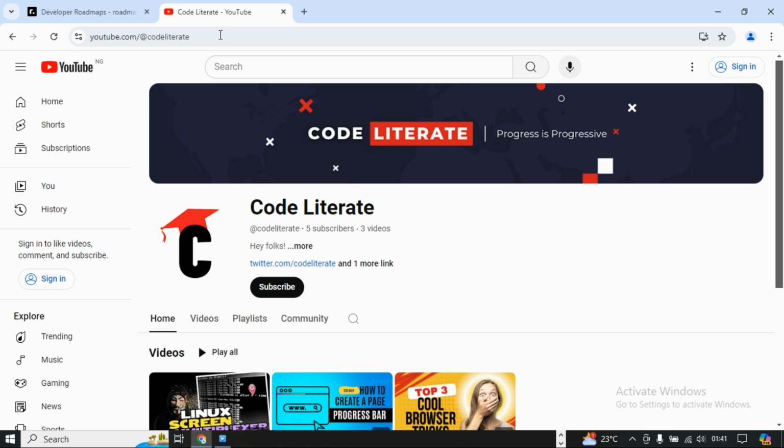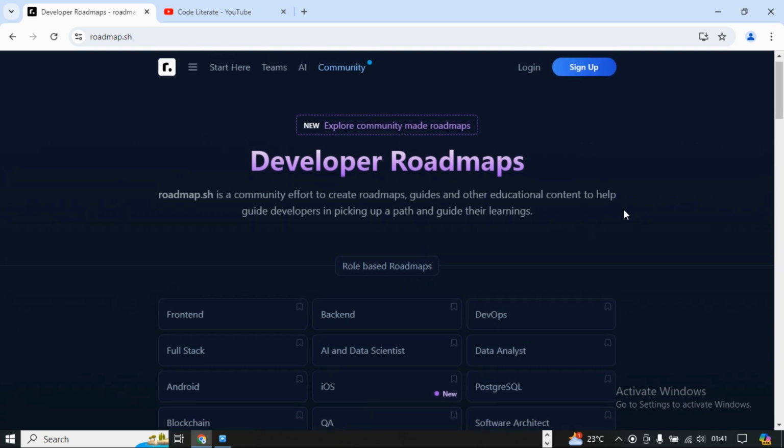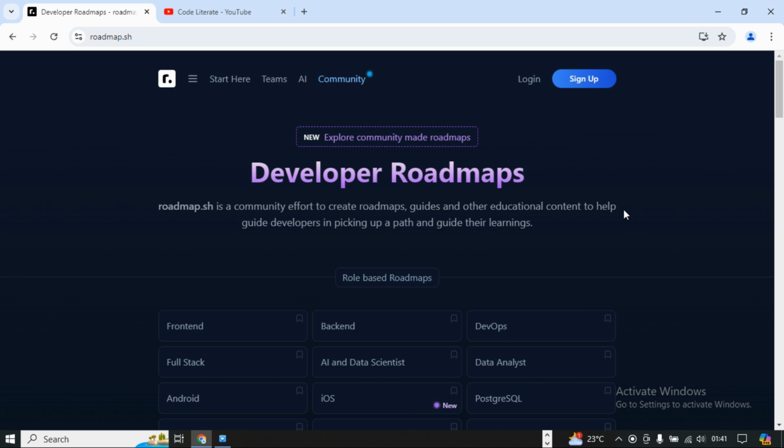So, anyways, the website we're going to review today is roadmap.sh. Roadmap.sh is a community effort, like I said, to create roadmaps, guides, and other educational content to help guide developers in picking up a path and guide their learnings, which is something most of us always have a problem with. And since there are no guided learning materials